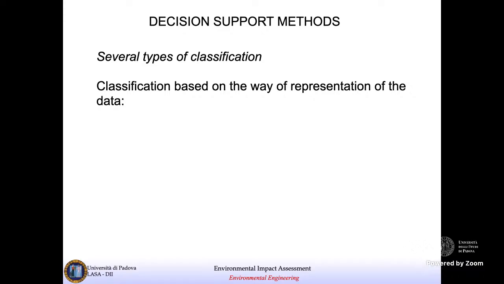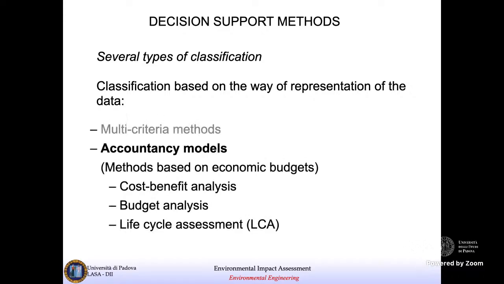Classification may also be based on the way of representation of the data. In particular, we have seen a first decision support system, multi-criteria methods, last week. It is the father of all decision support systems. And then today we will instead discuss the other types, accountancy models, that are essentially methods based